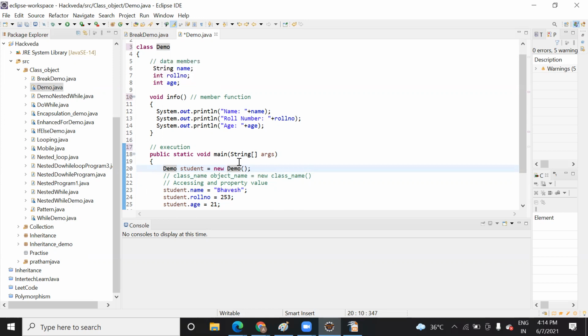Why? Because you are working on a single class. Even if you have multiple classes, you will create an object of that class where the main method is present. Only in the case of interface and abstraction do we give a different class name on the right-hand side, because this class is going to implement the methods of the left-hand side class.